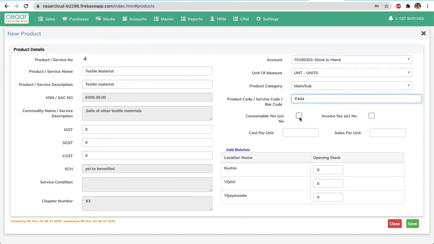If we select this as a consumable or income type, this whole set, the bottom set, will disappear. If it is a consumable product, we are not going to maintain any stocks for that.